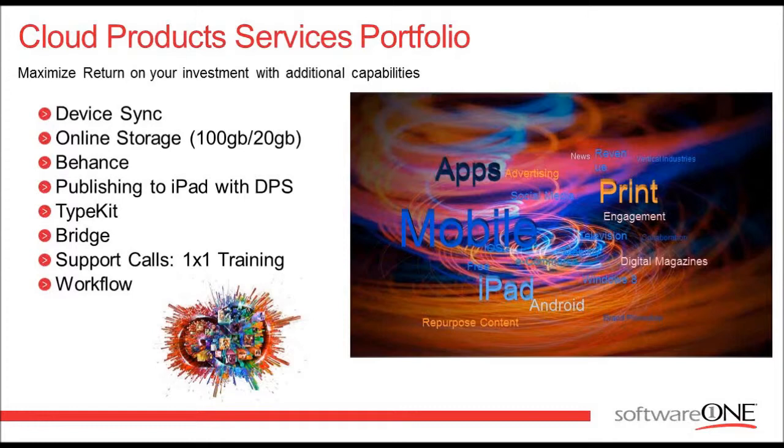Excellent. And there's a question here. So please, can you explain the 100 gig of storage for Creative Cloud for Teams? Sure. The 100 gigabytes of storage is built on Amazon Web Services. It's 100 gigabytes per person, where instead of saving directly to your desktop, you can save to the cloud. Think more or less of it as an Adobe-branded Dropbox.